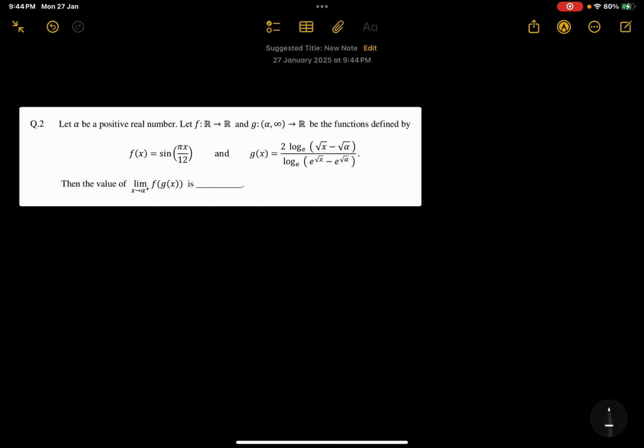So here we have a nice one for limits, and to do this one we'll use the fact that when g of x exists and f of x is continuous, we claim that